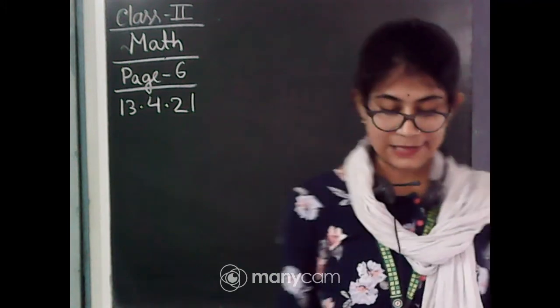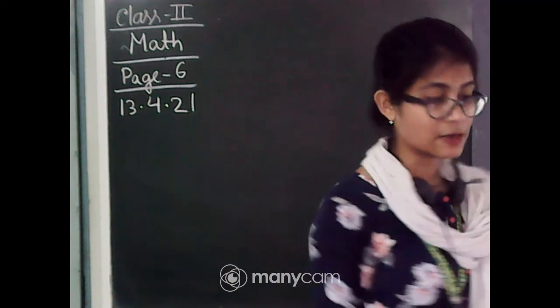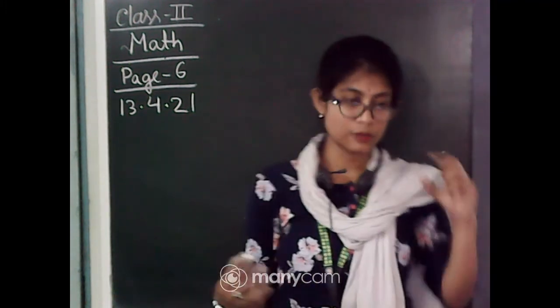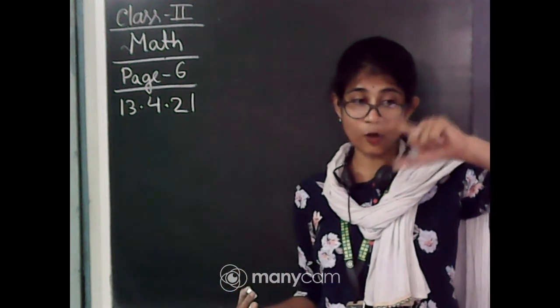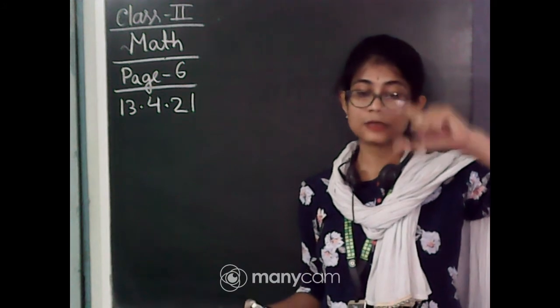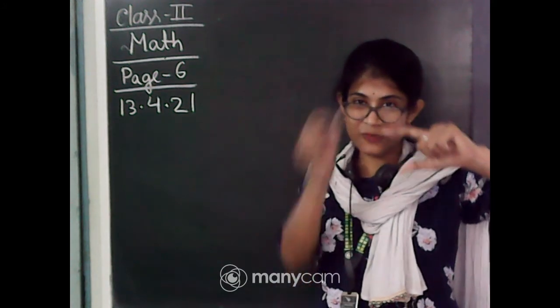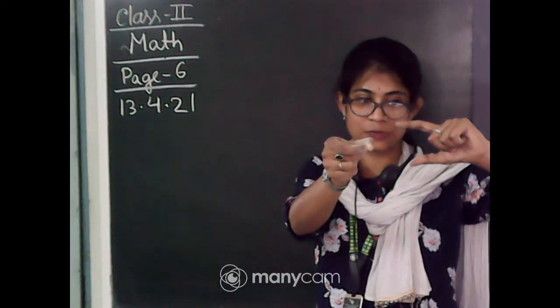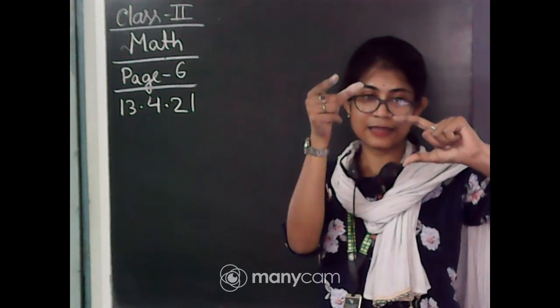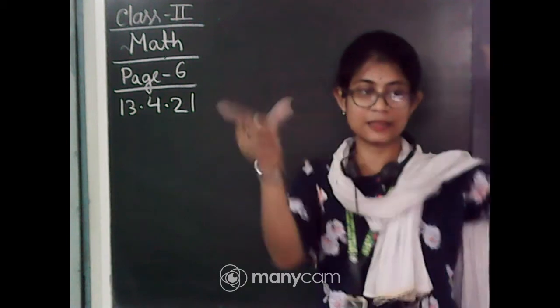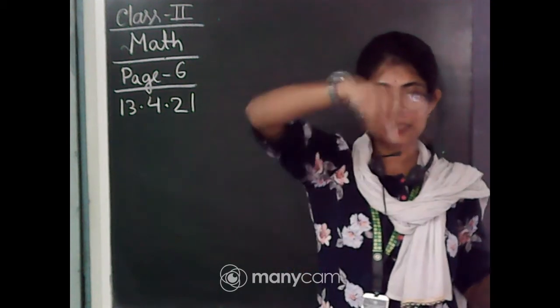Now come to page number 8. So what are they saying? Try to play with a coin. They are telling you to hold a coin like this. As your book shows, hold it like this, and then with the other hand, you have to give the coin a spin like this, and then like this. You will see that the coin will start spinning.